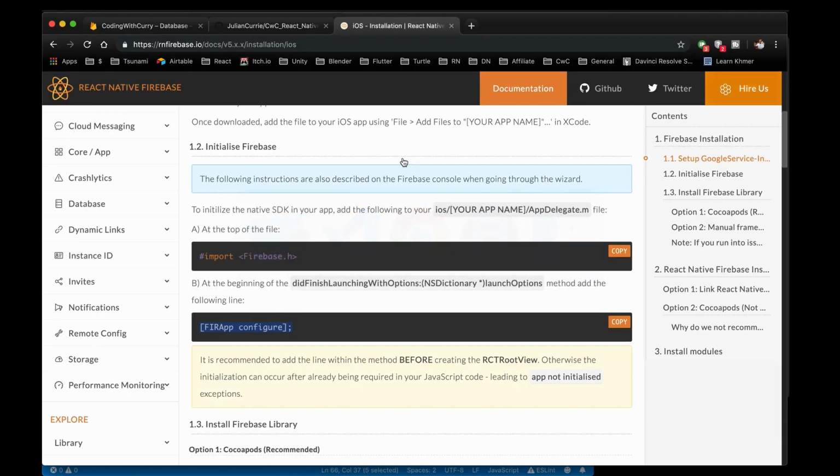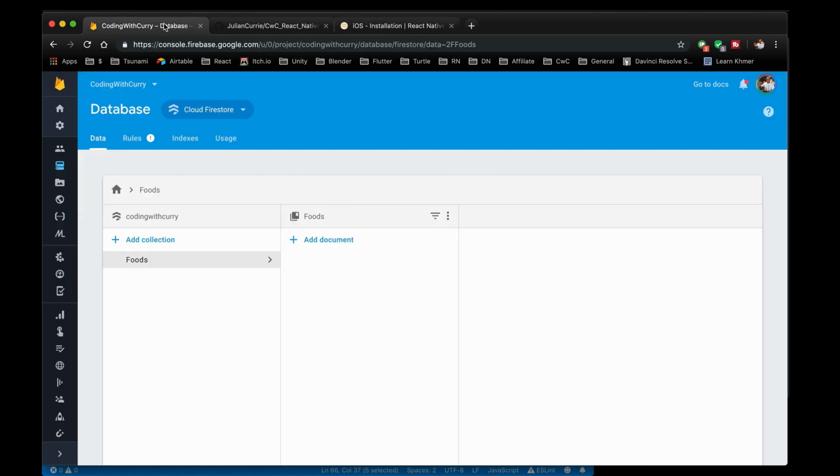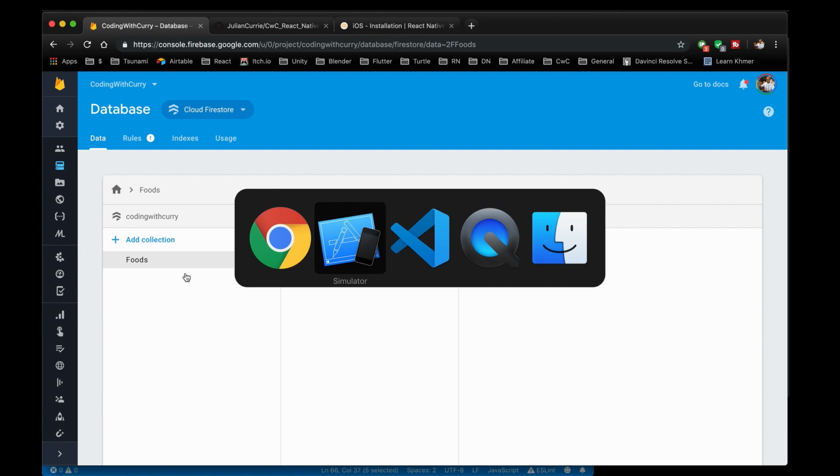So let's go to our Firebase console here. I already set this up. We have a console project called Coding with Curry, and I created a collection called Foods. If you don't know the terms in Firebase, I'm not going to go through those now, but it'll be good to look up that yourself online. There's basically a collection. A collection is full of documents, and each document is full of different fields that you can add. That's basically the backend setup for Firebase. We have nothing in here now except for this collection of foods. So if we go back to our app here,